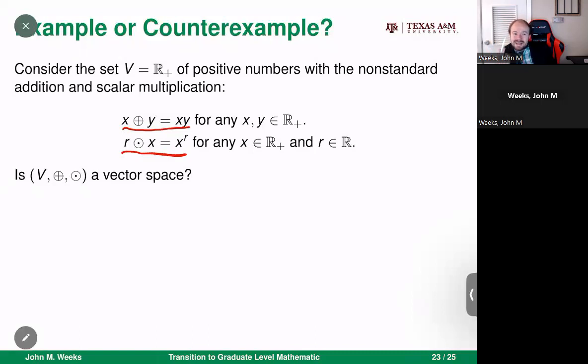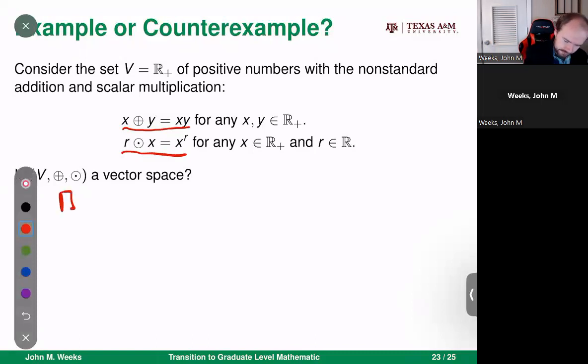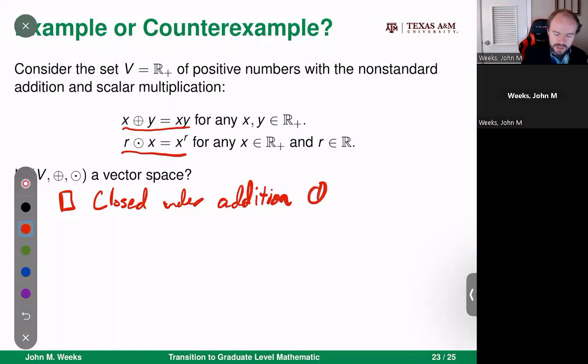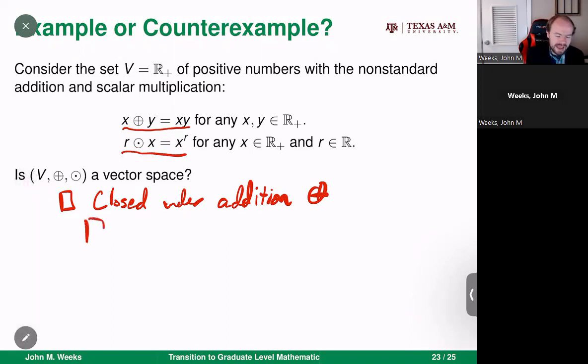If we stick in just the positive real numbers, is this a vector space? We need to go through and check each of our bits. Now, again, there's a checklist here. Let's make sure that we're familiar with what that checklist is. We need to make sure that this is closed under addition. And again, this is the addition that we're working with, this little circle plus, if you will. While we're checking addition, you may also decide, okay, I want to go ahead and check A1 through A4,